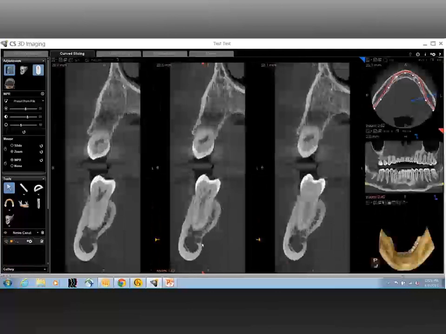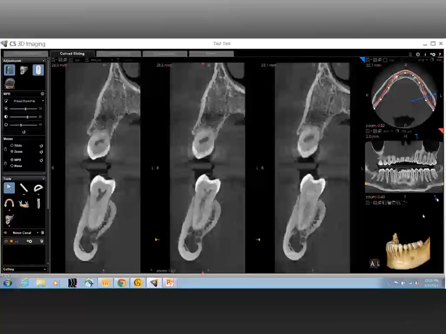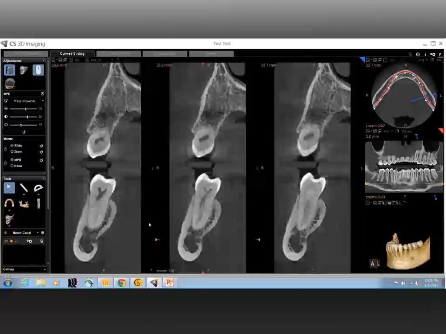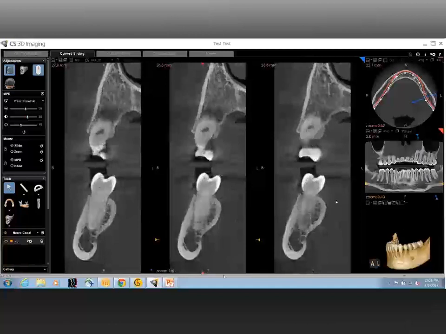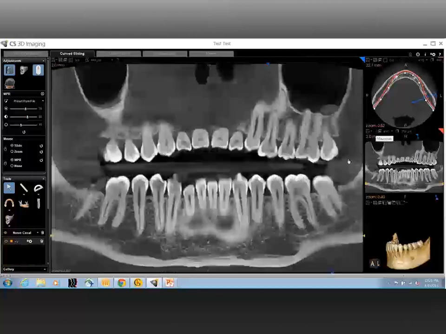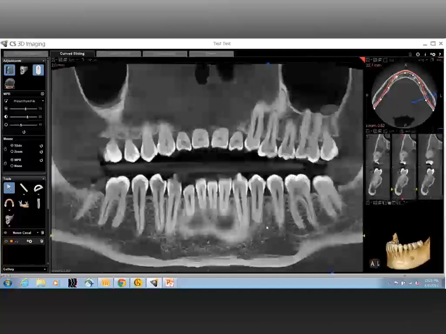That is correct. That's a very good view of the nerve canal. If you look at that, you can see the cortical structure of the nerve canal, the superior border, the inferior border, the nice encased structure of the canal, and that is a very definitive way to analyze if the borders of the canal are intact, what is their relationship to the other anatomical structures close to it, and how they can change in shape or in terms of morphology as you go through the same canal on the same side. And then if we move more anterior, if you would demonstrate where you find the mental foramen,